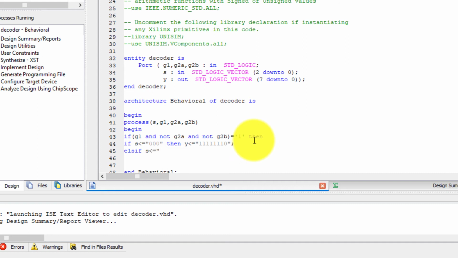001, then Y is equal to all ones except the 1st place. Okay, except the first position, all are ones.